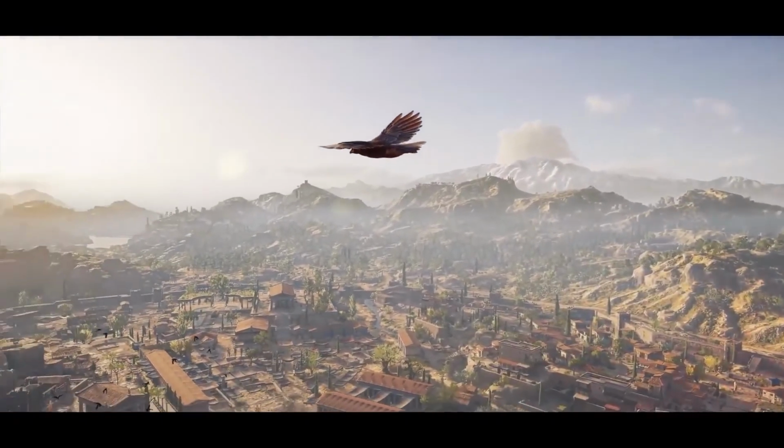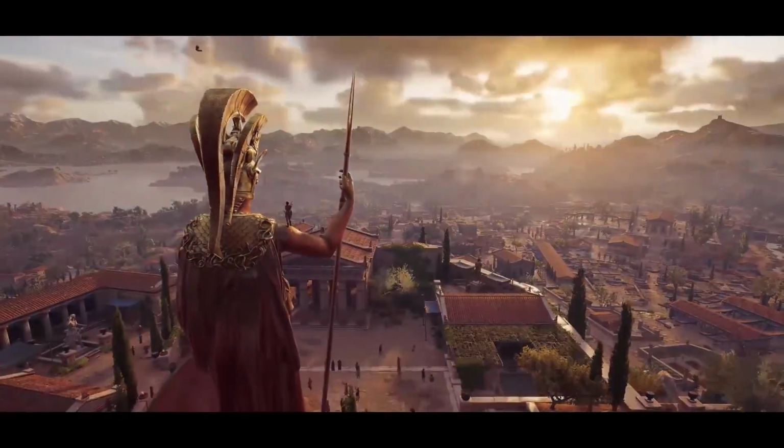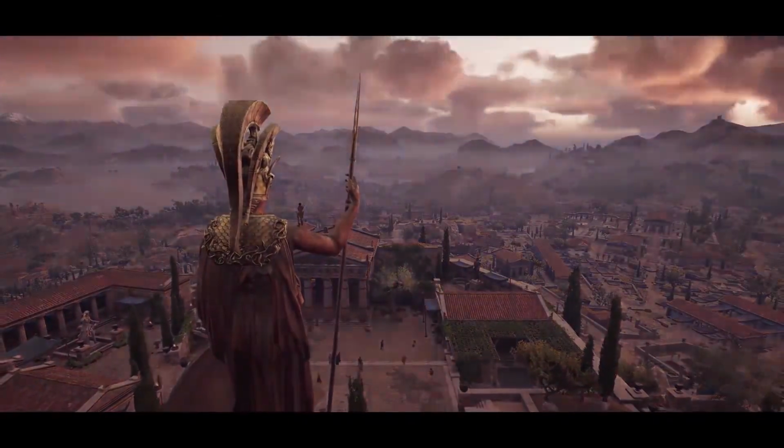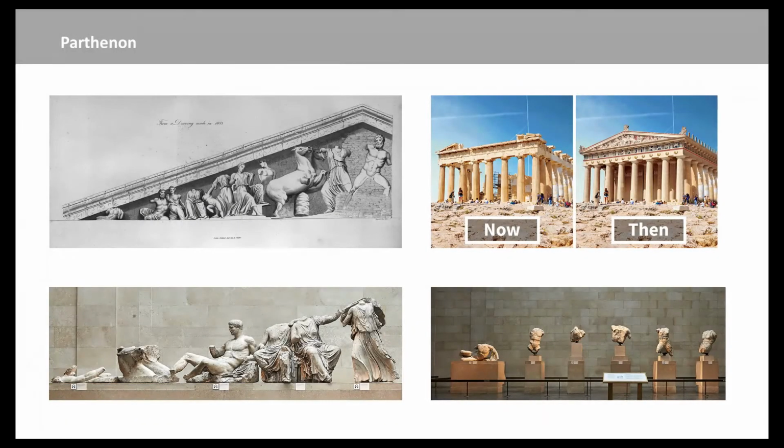You can see how they taper the columns at the top to make the building seem taller, a trick they call the entasis. As you examine more closely, you notice that there is not a single right angle or straight line in the entire Parthenon. It deceives the eye by taking advantage of our expectations. The Greek architects could make the Parthenon appear even larger than it is. The overall effect is one of sheer grandeur.